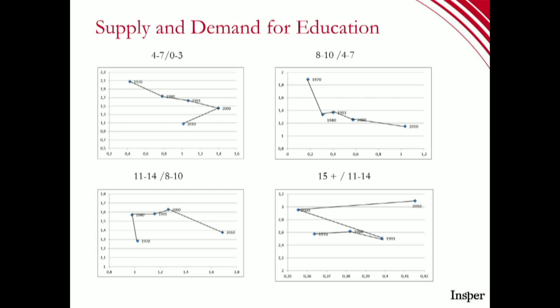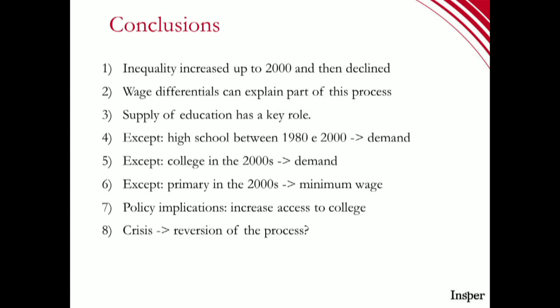And the college education is a different picture altogether. There's very little movement if you look at the scale here. But basically, to summarize the picture, I would say that there is an increase in demand for college education that tends to increase wage differentials despite the small increase in the supply that took place over the period. So just to summarize,